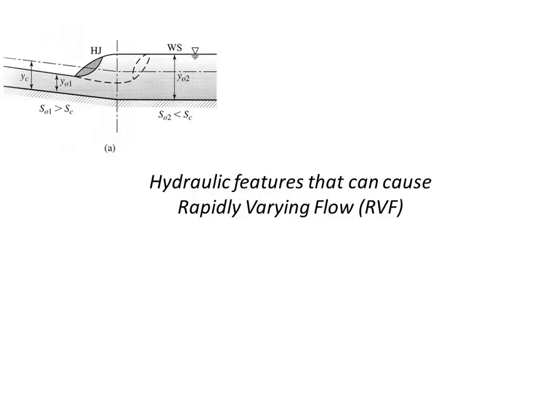So you'll know the characteristics of a steep slope, a slope that's steeper than a critical slope. Notice here that the normal depth is less than the critical depth. That's how we know it's a steep slope here in this first segment, before the change in slope. This dashed line is referring to the critical depth. Then after the slope transition, the normal depth is greater than the critical depth. And so that's how we know this is subcritical flow that's being caused by a slope that's less than the critical slope.